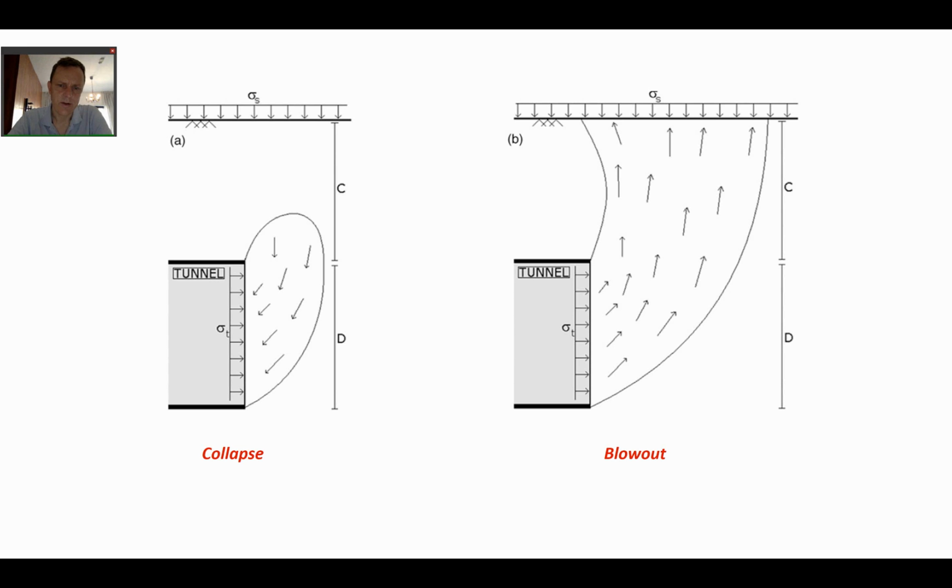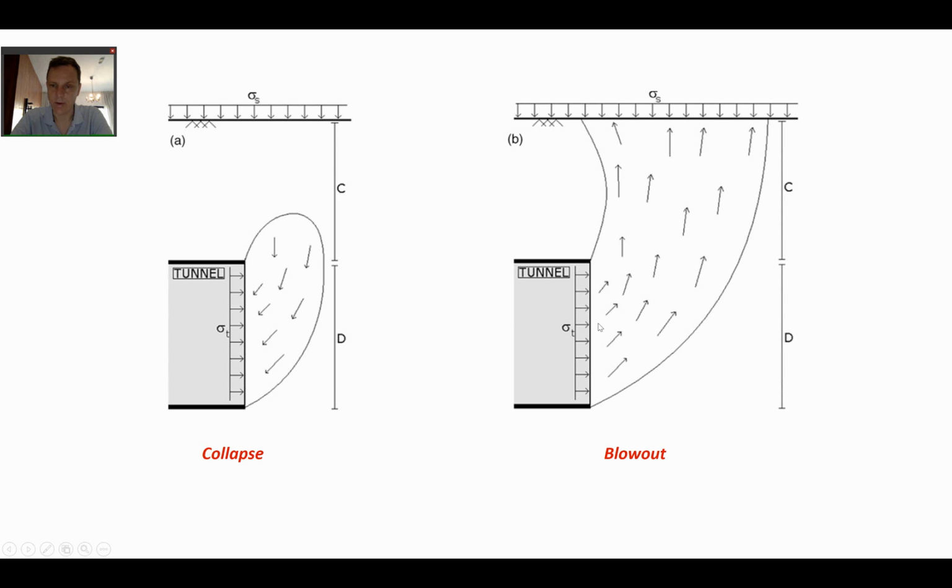pressure on the tunnel face gives rise to two different limit analysis problems. The first question is, how much pressure should be applied in order for the tunnel face to actually stand up? So in order to prevent this situation here where you have material flowing into the tunnel, there's a minimum pressure that sees to that. Now, if you keep increasing the pressure above the minimum pressure, well, you will eventually have this situation over here, which is referred to as a blowout, where